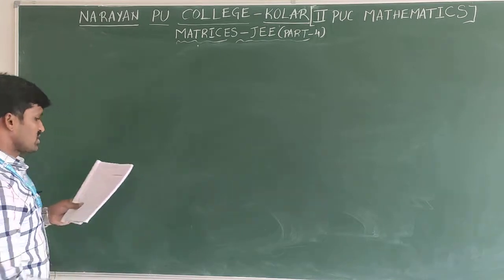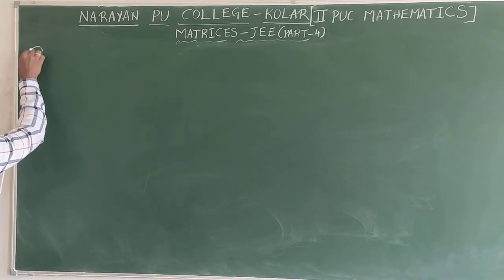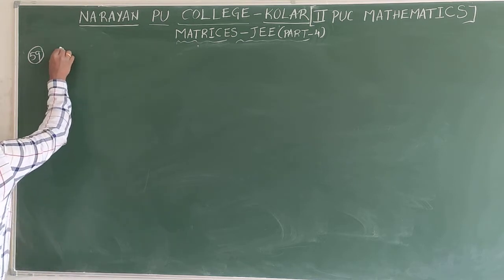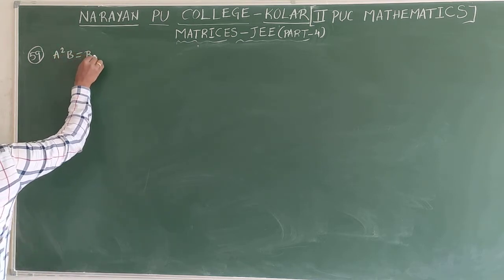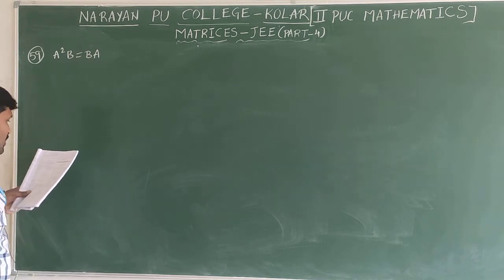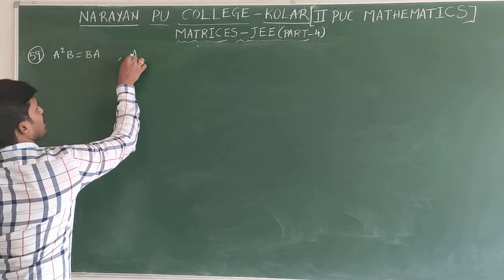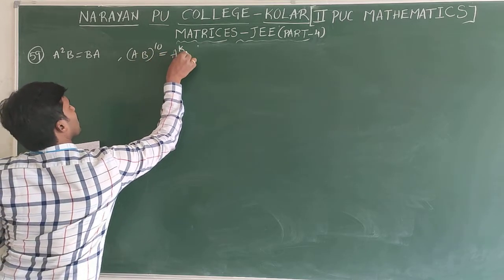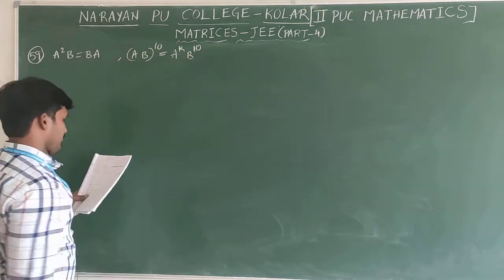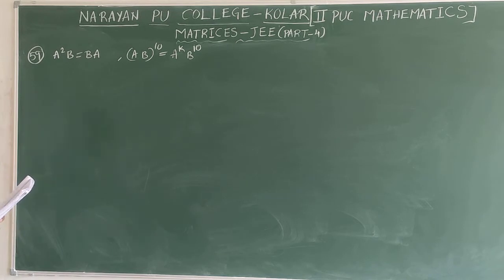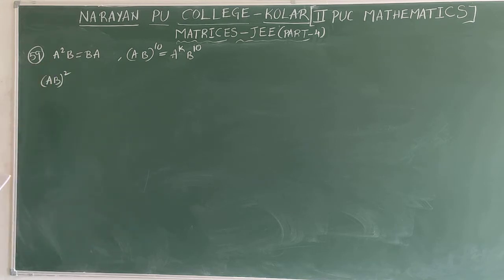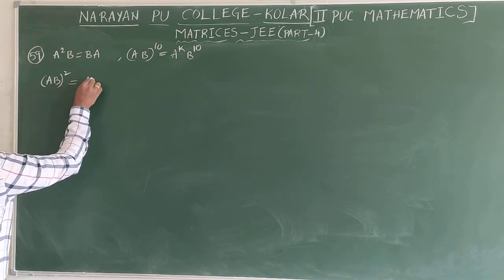So next, question number 59. A and B are two square matrices. A²B equals BA, and they gave (AB)¹⁰ equal to A^k into B¹⁰. Then we need to find the k value. Now first I will find out (AB)². (AB)² means what? You can write AB into AB,